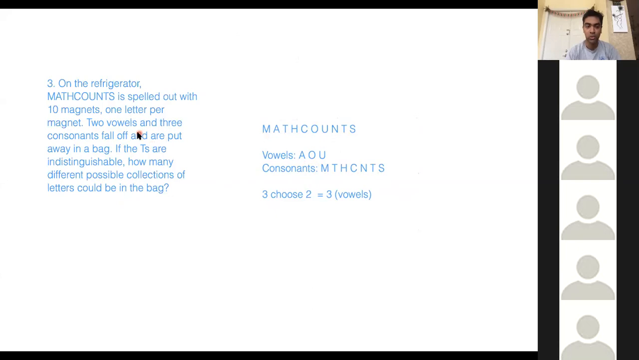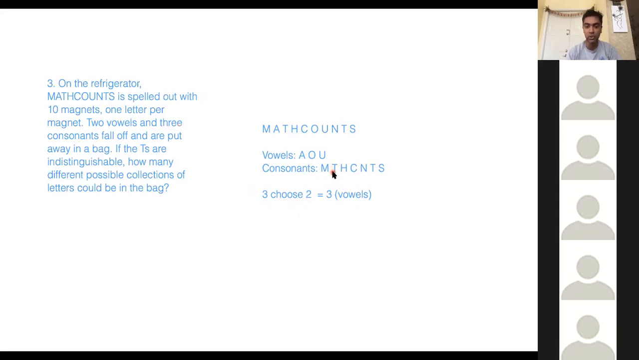So we can split it into 2 parts. We can first say, okay, how many ways are there to have 2 vowels in the bag? That's an easier question because it could be either AO, AU, or OU. So there's 3 choices for the vowels that I put in the bag, and that's also just 3 choose 2, which is 3. The trickier part is the consonants part. We want to have 3 consonants in the bag,